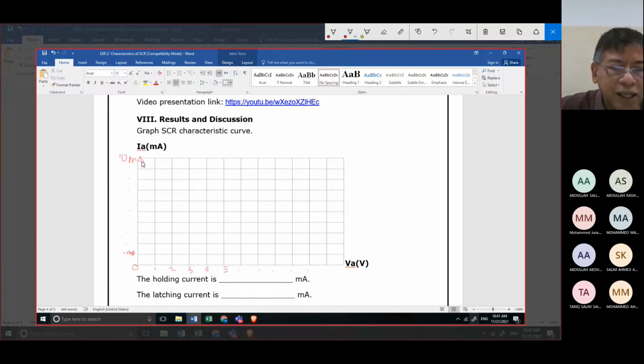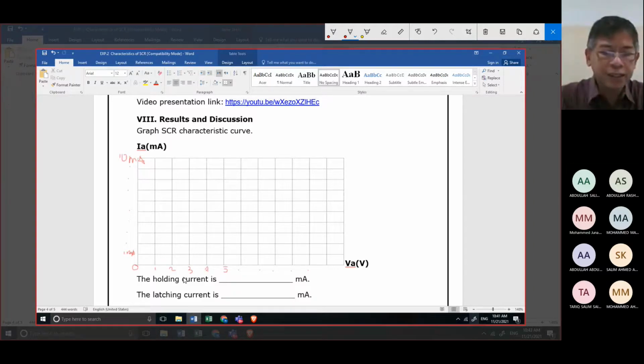Take note that before milli, you have micro. Microampere first before the milli, because as you've noticed, we have this with respect to 0.